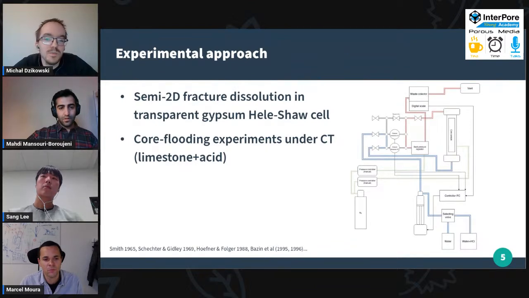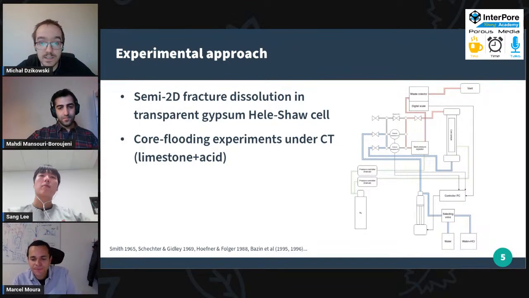So how it looks on the experimental floor, you could either use a two-dimensional system. So that would be a fracture. You dissolve it with clean water and you observe it with a camera. It takes a few days to create a simple scenario, but the experiment is easy. It's a Hele-Shaw cell without dangerous components involved. So that's a very nice experiment. Or you could do high pressure core flooding with an acid, and that's done under CT. So that's both expensive and could be more complicated.